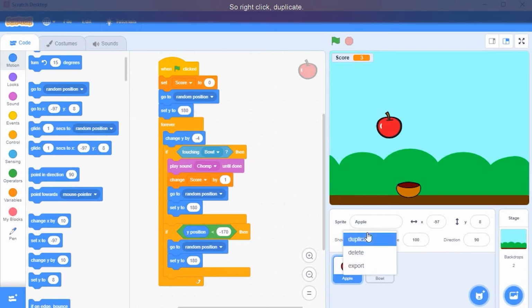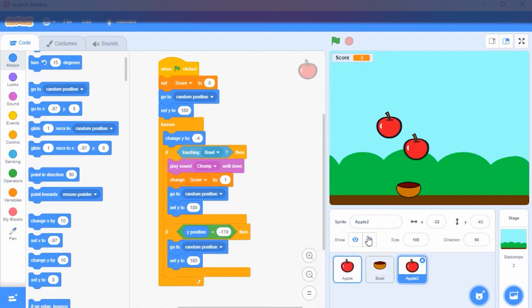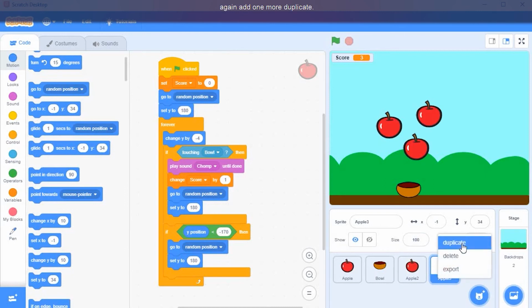So right click, duplicate. When you duplicate the sprite, you can see there is apple 2, and if you click on apple 2, you can see the code is already there. When we duplicate a sprite, it duplicates the program as well. So let's add one more, duplicate, again add one more, duplicate.